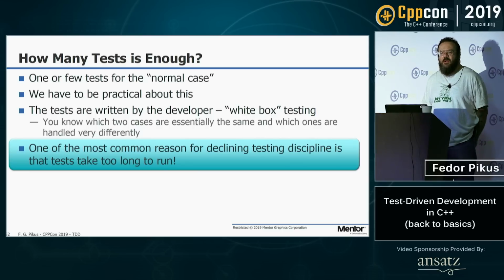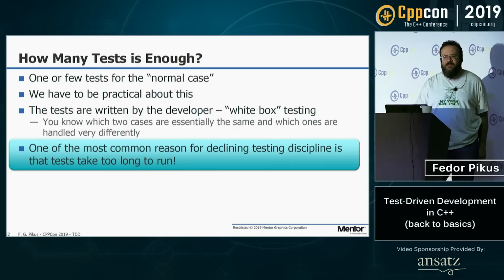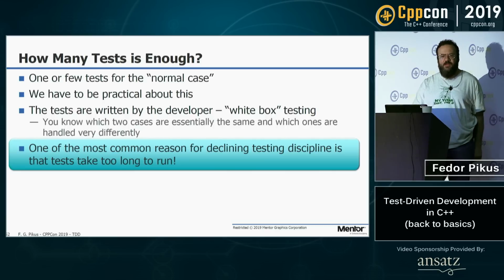You need to be careful here. You need to resist the temptation to overtest. In real life, one of the most common reasons for abandoning your tests or not using them as often as you should is that tests take too long to run. I need to check in my code. It takes half an hour to run my acceptance test suite. It's the end of the day, I need to go home. I'm going to check in my code. I mean, that's really just how it is. It shouldn't be, but it is. Very good tests that never run are still not as good as partial coverage that gets run every time.